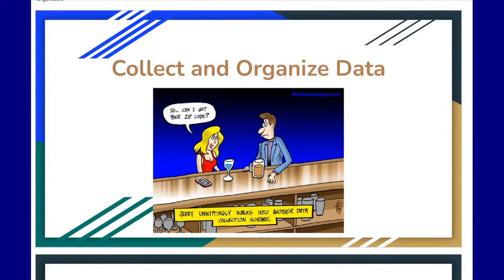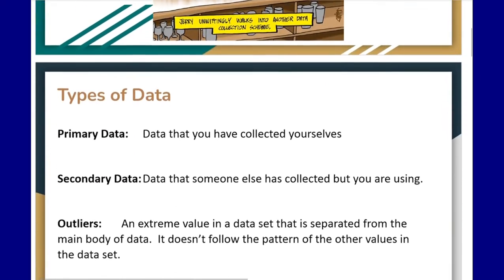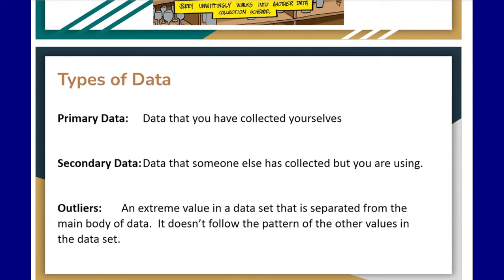In today's lesson, we are going to be looking at collecting and organizing data. So, some definitions. Types of data. Primary data is data that you have collected yourselves, and secondary data is data that someone else has collected but you are using. So in this lesson today, we went through, or we're going to go through, and collect data